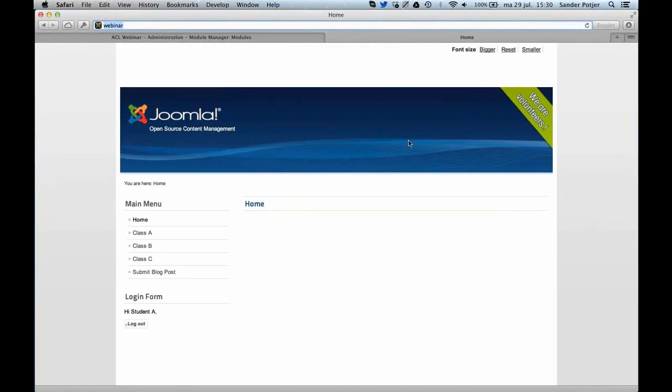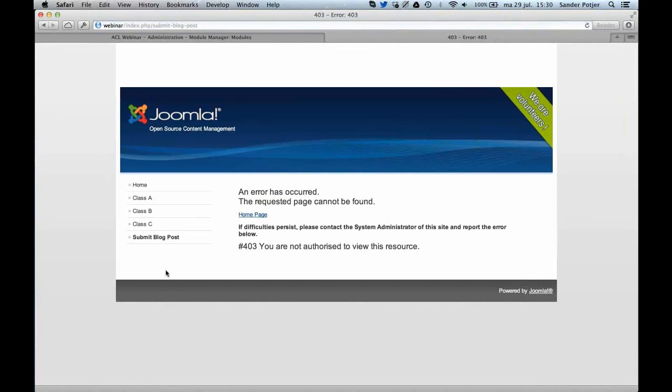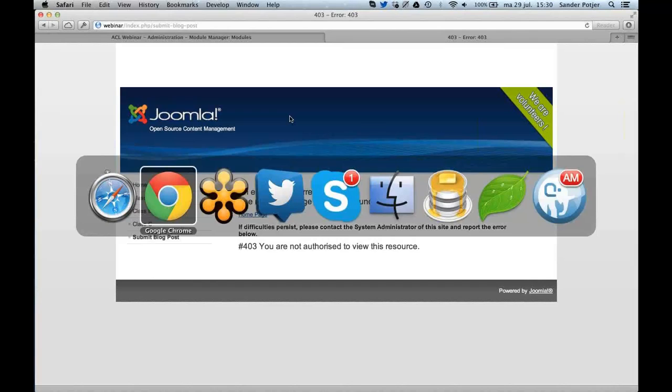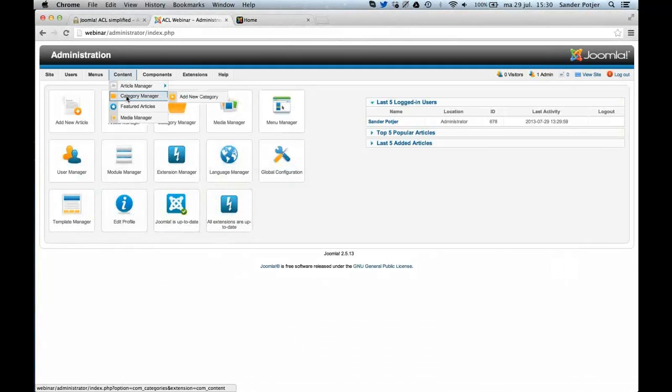And that's indeed correct. So I'm now logged in, see the menu, and then I also see the submit blog post menu item. Let's see if that works already. No, that isn't working. The reason for that is that I didn't allow this student to create articles in any category yet. So I go back to the backend of my website, go to the category manager,